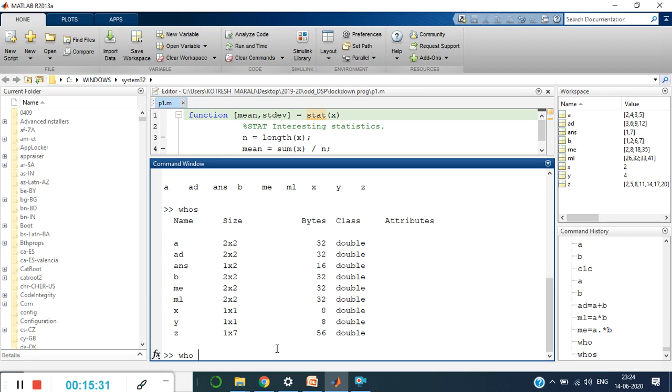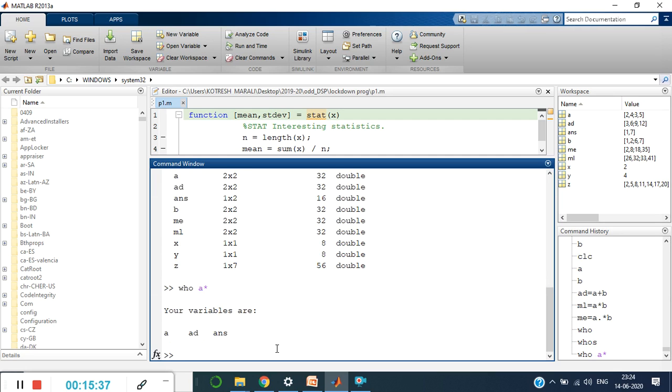Now there is one more tricky point here. I say who A star. What happens? Just see. It gives me only those variables which start with the alphabet A. You can observe my variables are A, AD, ANS, B, ME, ML.